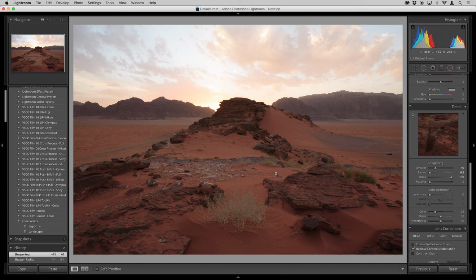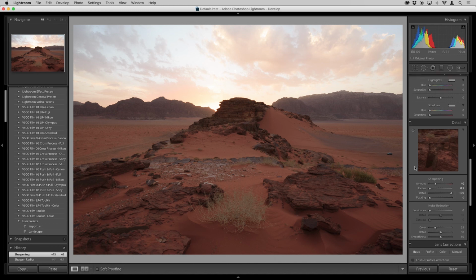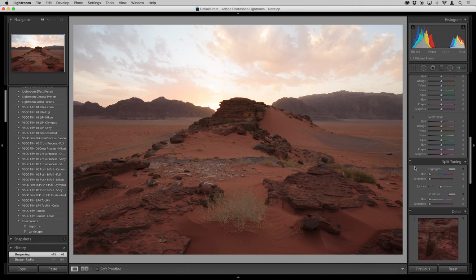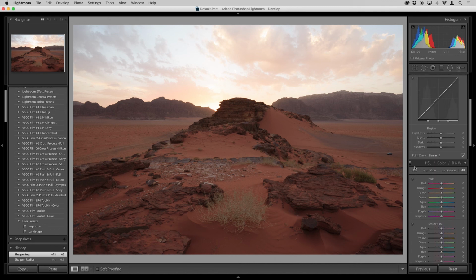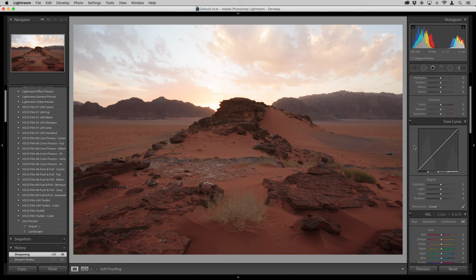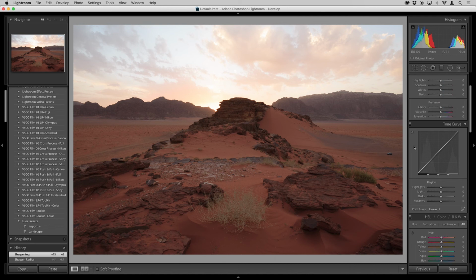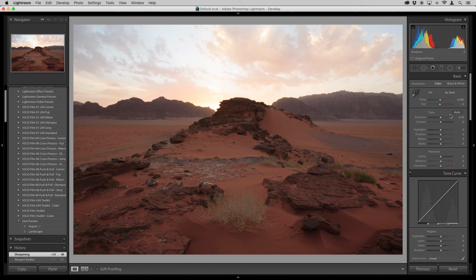Now, if I need to add sharpening after that, I can obviously come here and work on it further, but I'm not going to touch anything else. I'm definitely not touching the masking area here because that's highly dependent on the image that I'm working with. I'm not going to touch anything in split toning and definitely not anything in HSL. So tone curve is another part that I don't touch because that really depends on the image. However, here in this area, there are a couple of things I might want to change. And specifically, I'm not going to touch anything with exposure or contrast simply because, again, it varies by every image.